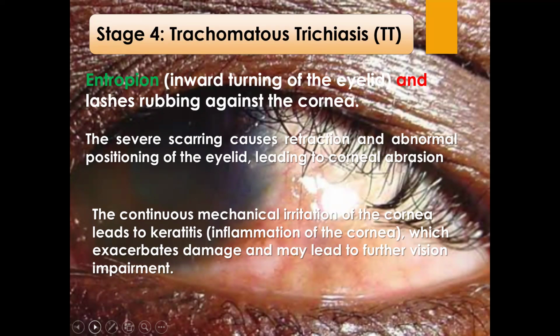What is entropion? Entropion is when the eyelid turns inward, which causes lashes of the eyes to rub against the cornea. So stage 4 is the full-blown entropion. Stage 3 is entropion. But the full-blown entropion is at stage 4, whereby there is inward turning of the eyelid and the lashes rubbing against the cornea. So this severe scarring